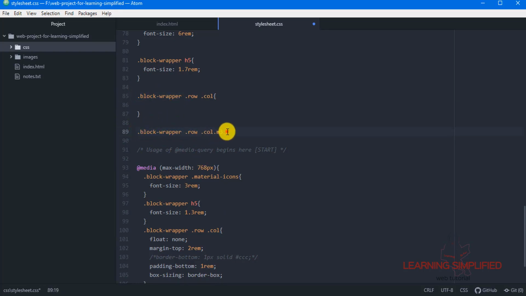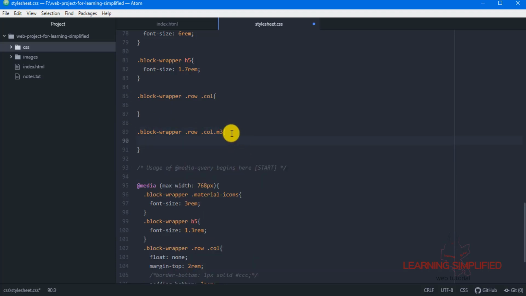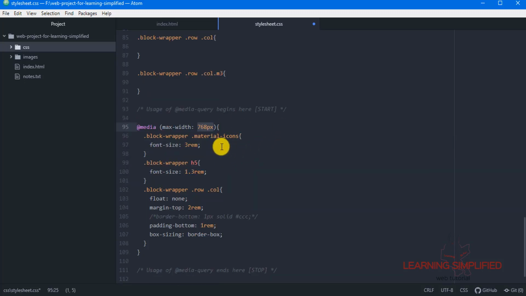Put this block wrapper element over here, and now you can see we want to put some properties against the column element, the medium device displayed column element, which lies under any row, and the entire row and these column classes which lie in this particular block wrapper part. They will have no property, no style changes practically in the larger desktop preview. But in the case of this 768 pixel device condition, all it is going to do is occupy the whole device width to put those contents into a vertical manner.